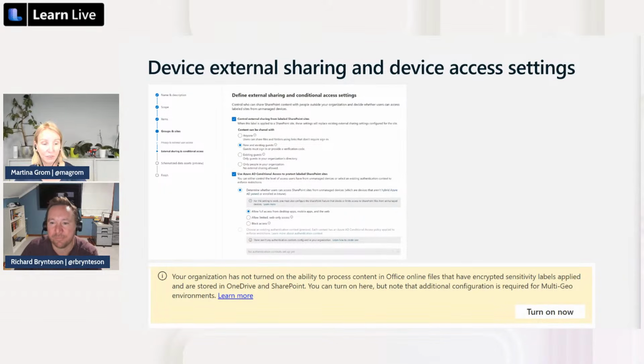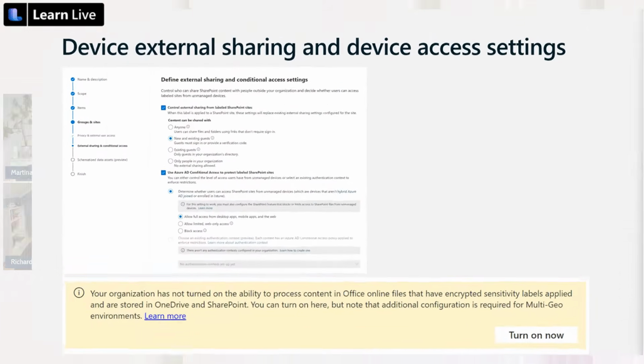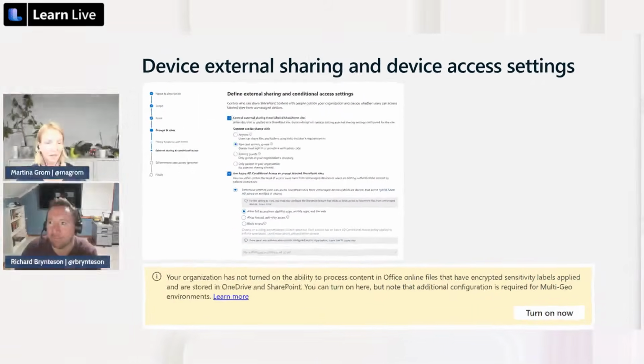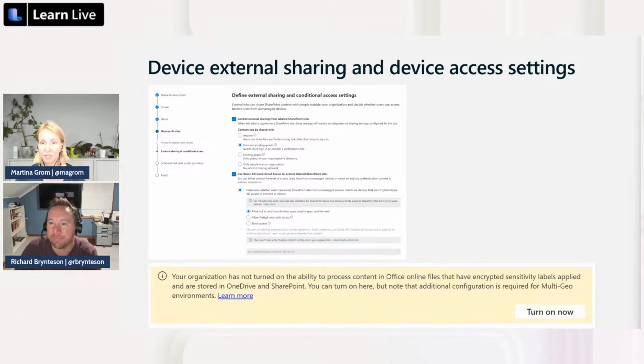And also, if we go into the device configuration, what we can do here is say, okay, we want to control external sharing from labeled SharePoint sites, because we are labeling a Microsoft team, and behind the Microsoft team there's a SharePoint site, and the SharePoint site gets the same labels. That means we can configure a conditional access policy here so that you prevent people from getting access.